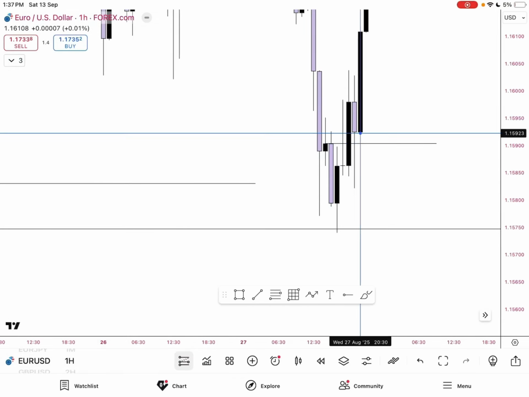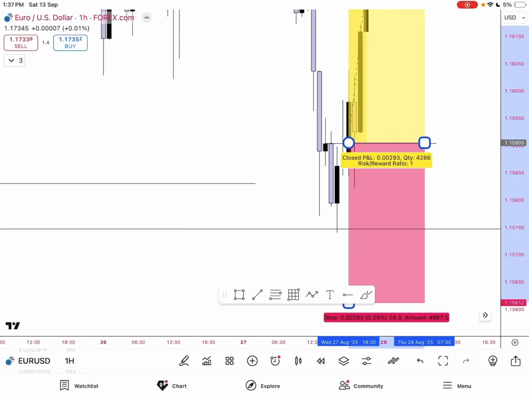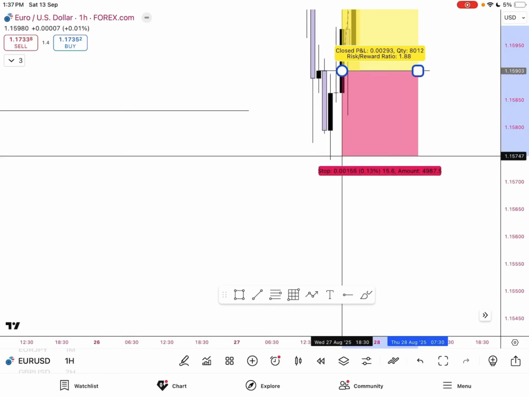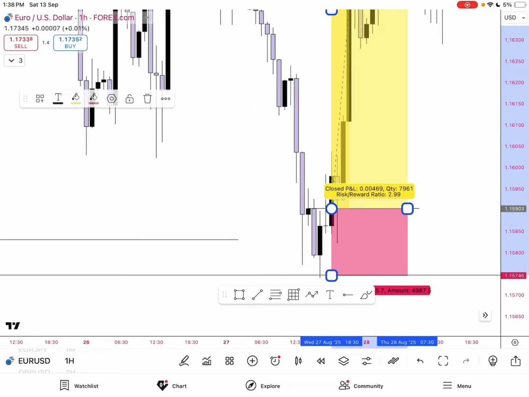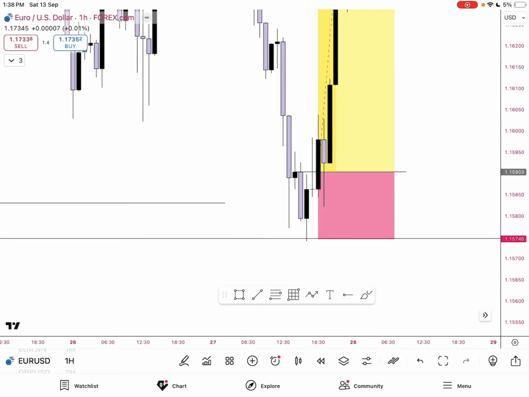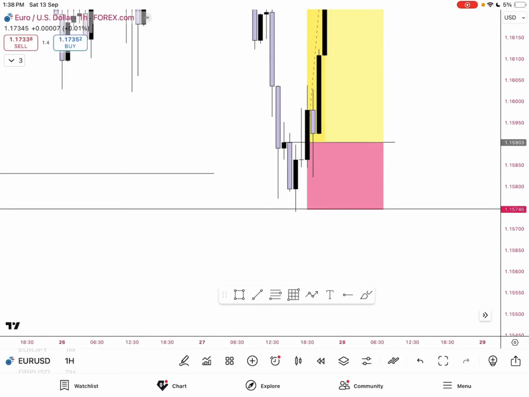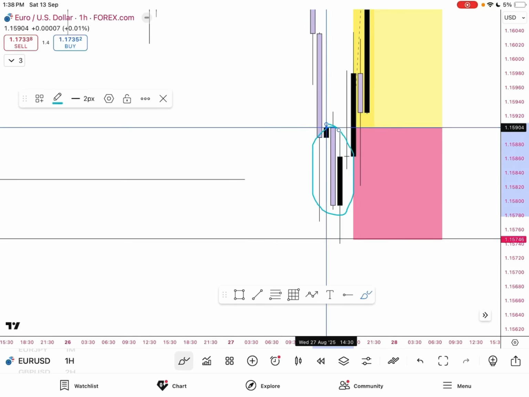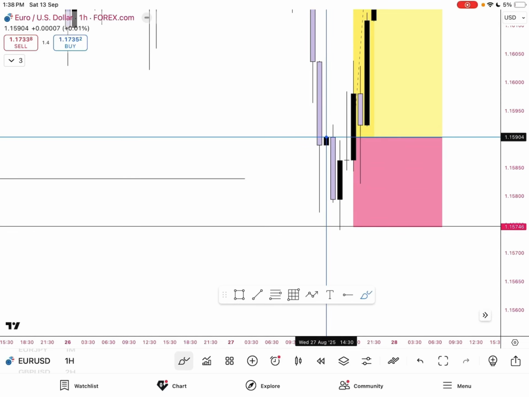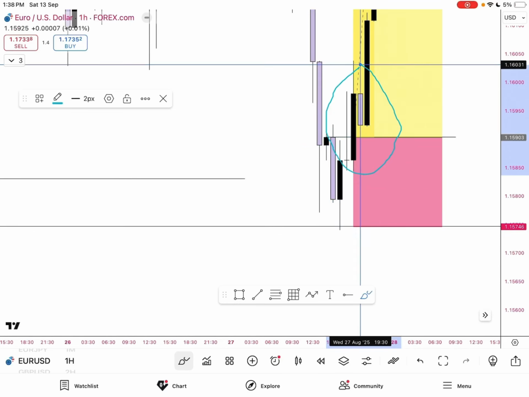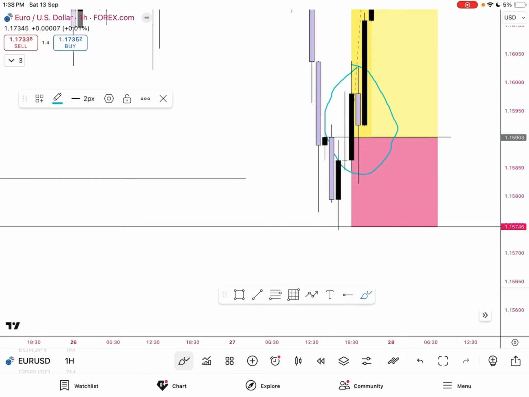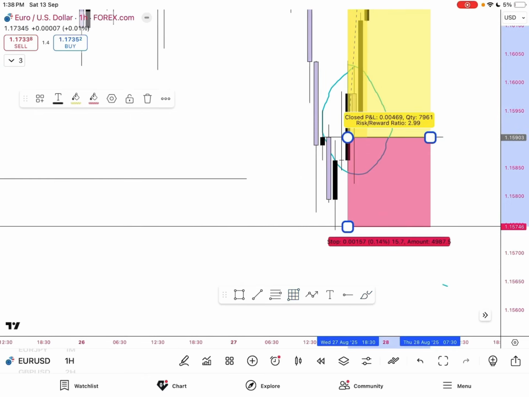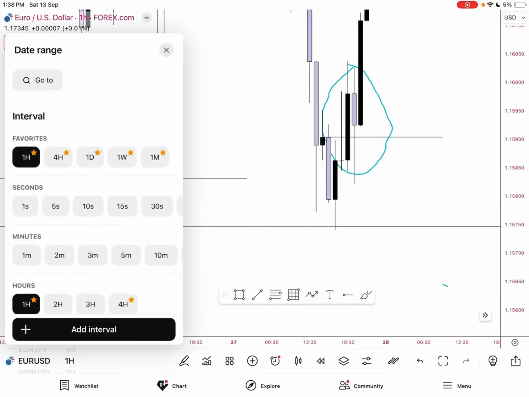I will take the entry like this, put my stop loss on this low, and target up to here. Why this entry? You can see this candle is a bearish engulfing, and it broke impulsively. So this makes me take this candle as my entry, and here also this candle like